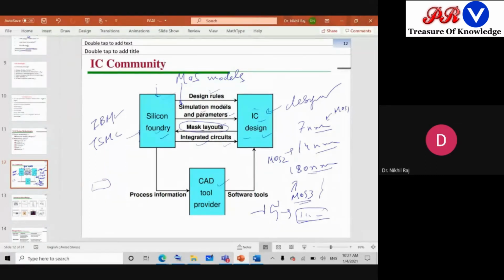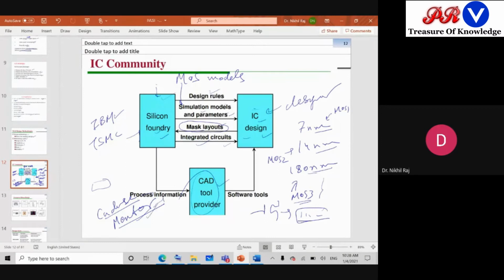CAD tools, what do they do? Whatever designs we have, first we verify using CAD tools whether it is working fine or not. What you call a simulation. We use software like Xilinx. There are some CAD tools like Cadence and Mentor. These are industry tools. Cadence is the name of a company, Mentor is also the name of a company. Silicon industry companies provide their tools.